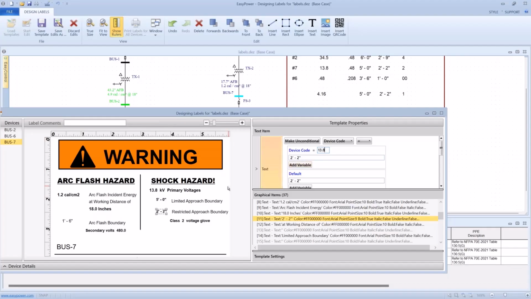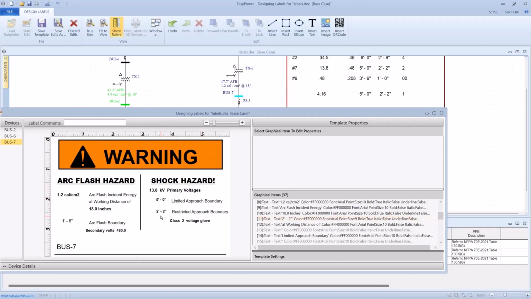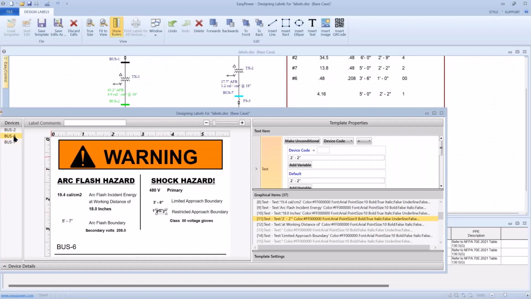So now this is only going to display when we have 13.8. But the point I was trying to make, now when I go back to bus 6,